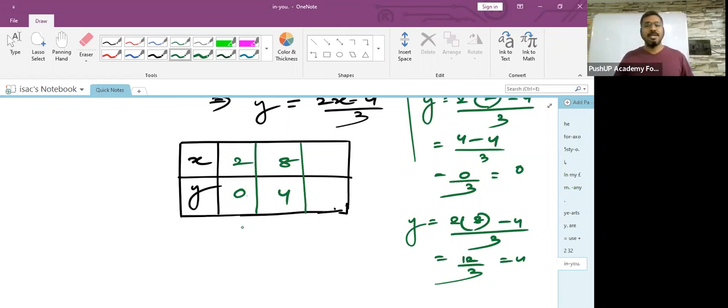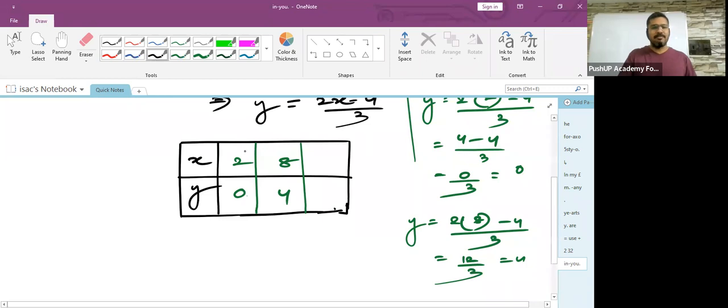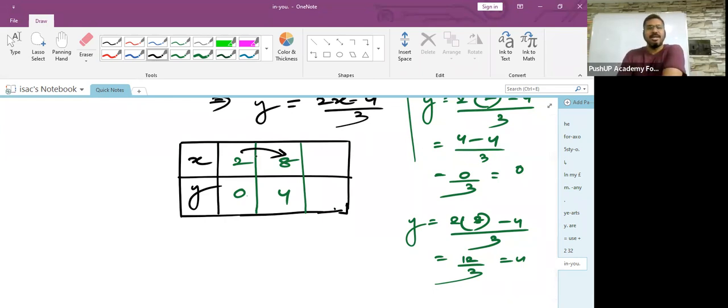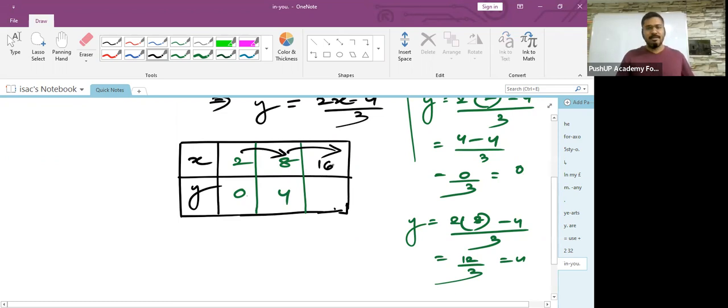Shall I take the next number as, children? See, I'll teach you a very simple trick. What is the difference between 2 and 8? It is 6, isn't it? So children, 8 plus 6 will give me how much? 14. So if I take the value of x as 14, you see whether you will get an easy number for